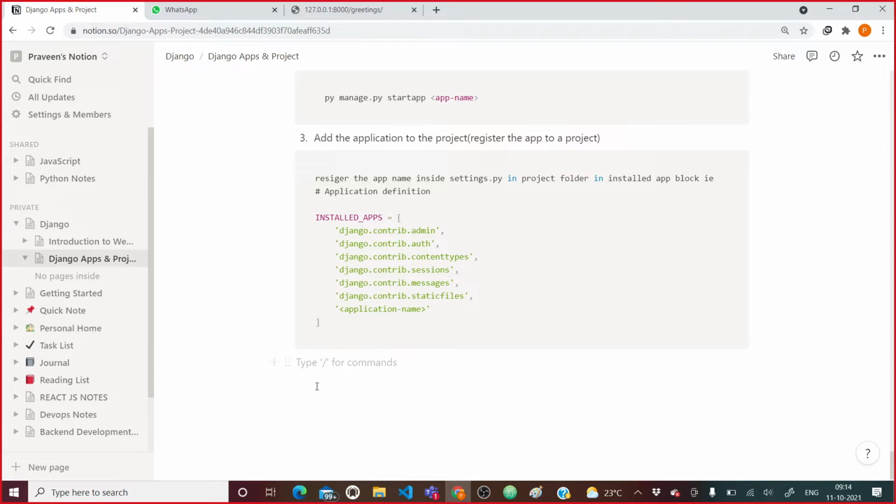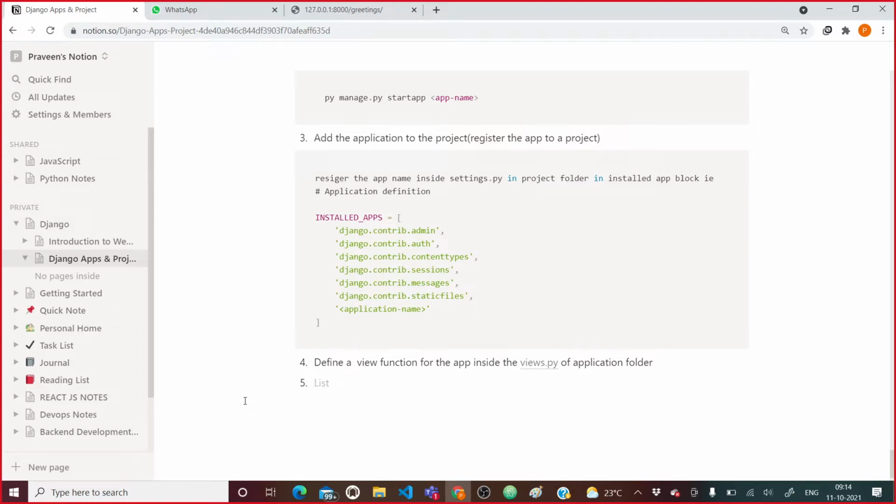After this, what you need to do is define a function. The fourth thing you did is define a view function for the app, inside the views.py of the application folder.